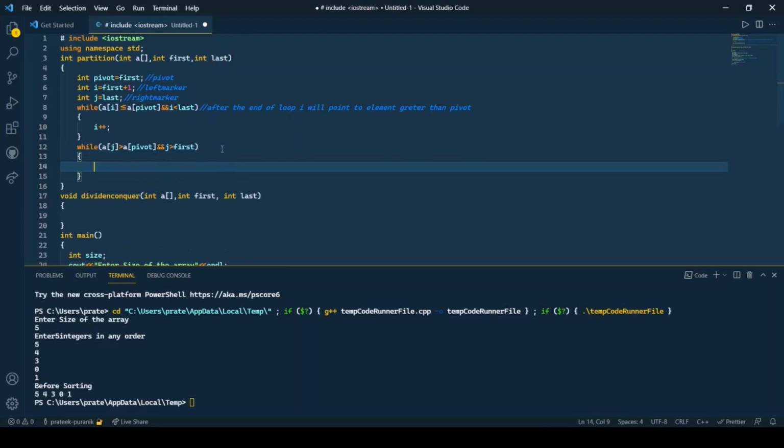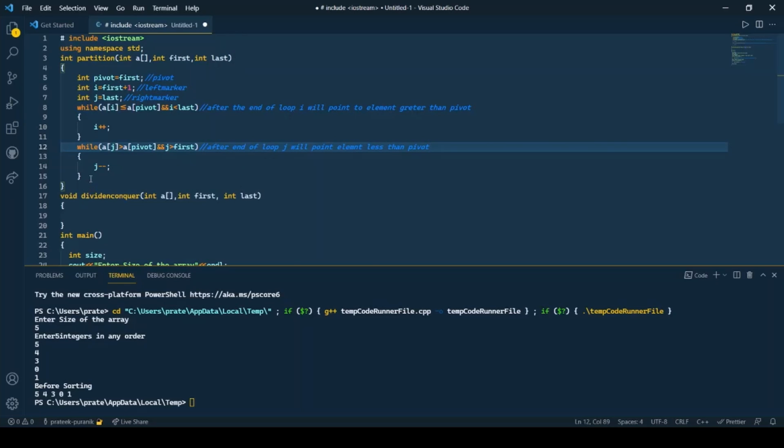So we are going to decrement j over here. After this loop has been executed, after the end of the loop, j will point to an element less than pivot.